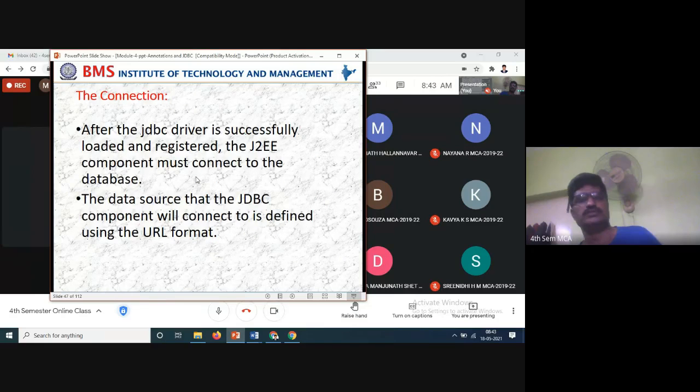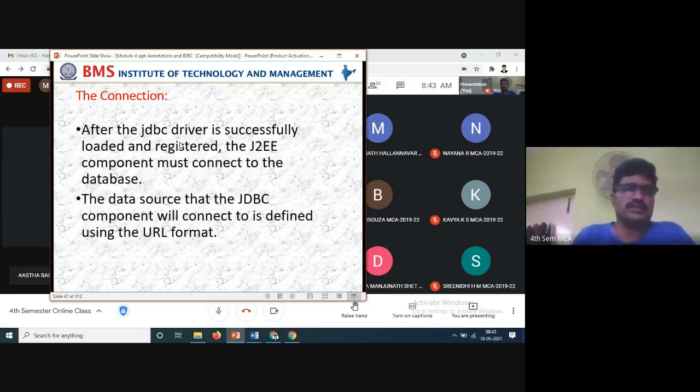Once the JDBC drivers are successfully loaded and registered, the JDBC component must connect to the database. Once the installation is completed, you have to give the connection.